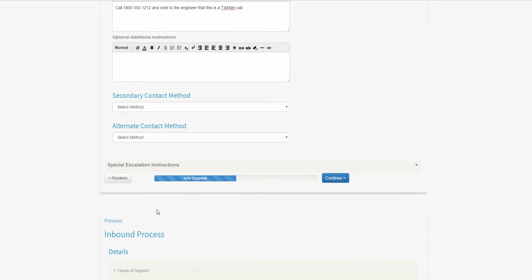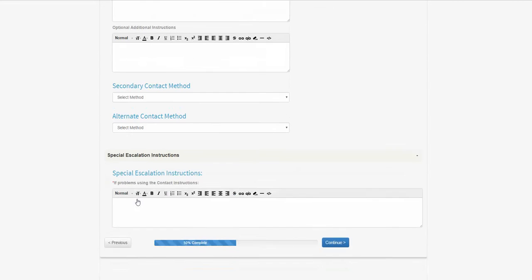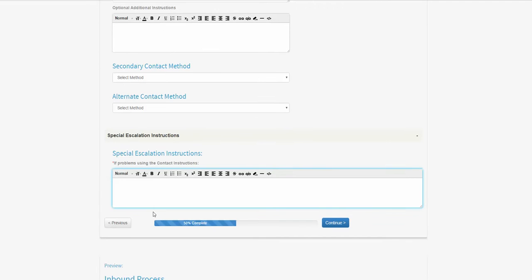The last area down here, and all of these areas have to be filled out, you have to have something in every one of them in order to continue, is the special escalation instructions. Now, you would use this if for whatever reason the above process or processes up here did not work. So what you do, and this again is just a free-form text area, my suggestion would be that you put something in there that goes to a person,